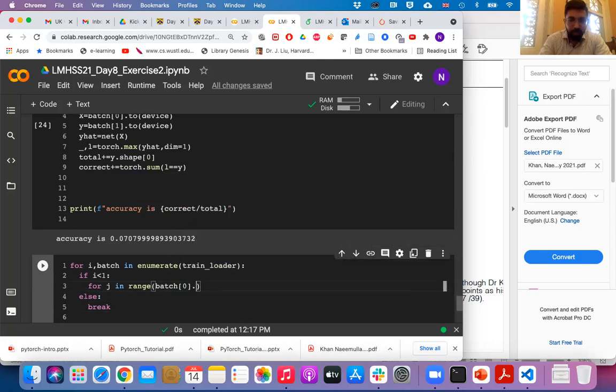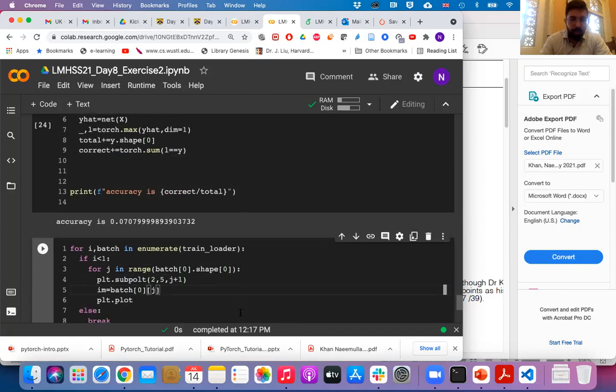So let's do that. The number of elements are along here. So I need plt.subplot, 2, 5, j plus 1. Then I have to get the image from the data, so im is equal to batch 0, j, and then